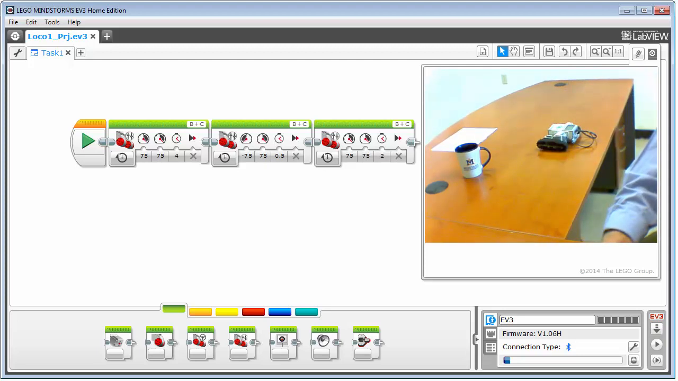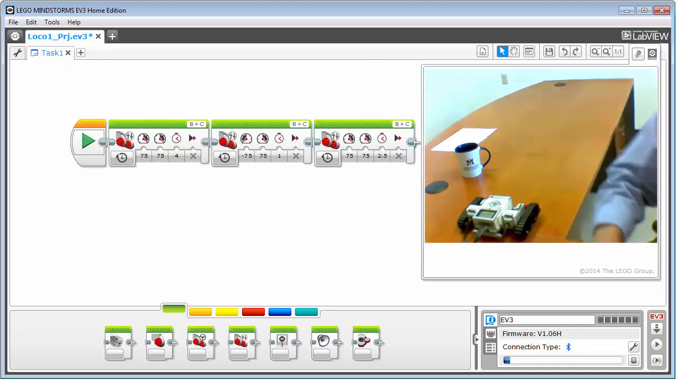So I think I got it here. I'm going to do one more time here. So let me change this to 1, and then I think we got it there. It seemed to need to go a little bit further to actually get to the piece of paper, but I think we got it now. So let's go ahead and save this,